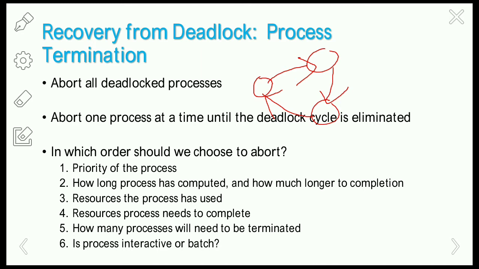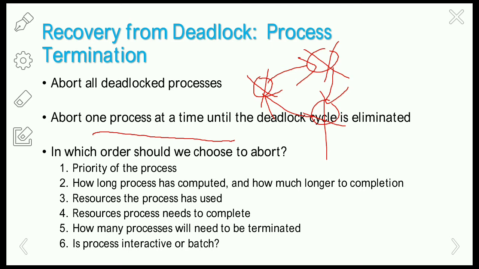First of all, we are going to eliminate the process P1 here. If there is no deadlock, then we are not going to eliminate any of the other processes. And if after eliminating P1 there is still a deadlock, then we are going to eliminate P2 and then P3, right? Like that we abort one process at a time until the deadlock is eliminated, and continue until we recover from deadlock. This method is also very expensive, but compared with the first one it is better.